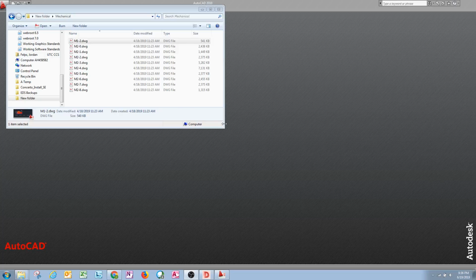Okay, so today I'm going to talk about taking AutoCAD drawings, cleaning them up, and making them useful to import into Visio for using as floor plans for our control drawings. So you're going to want to need